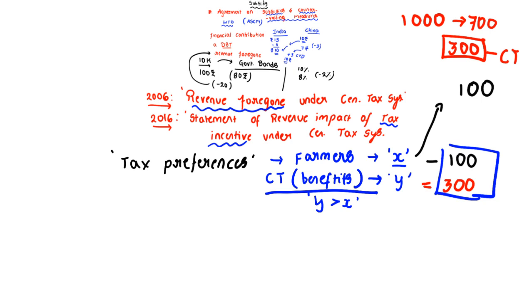Clear? Are you getting? So this is the government argument, and it also comes with a few statements of CAG. CAG means Comptroller and Auditor General. This person holds the highest importance regarding auditing matters in India, and this is a constitutional body. CAG is mentioned under Article 148 of the Indian Constitution. Clear? So this CAG report says